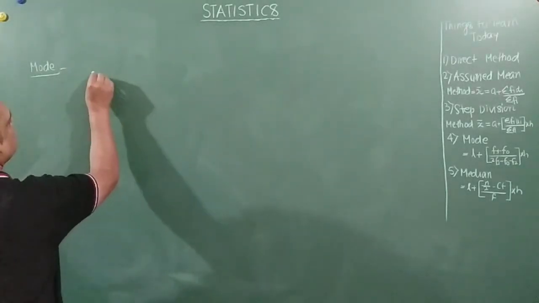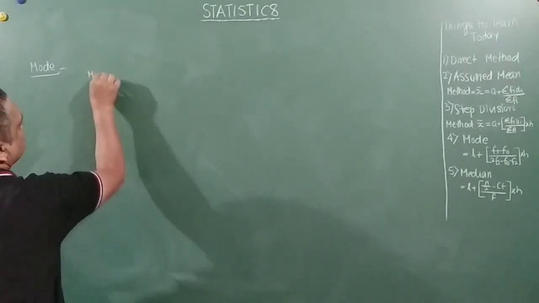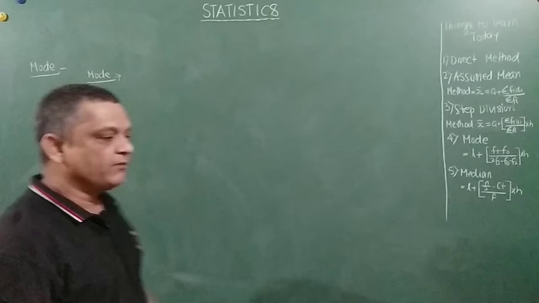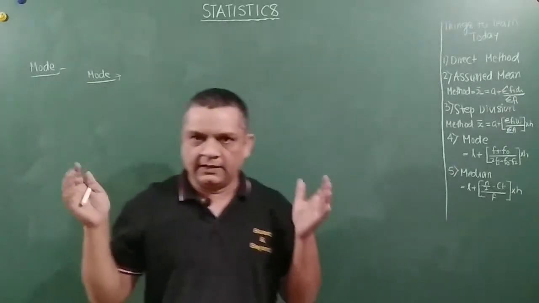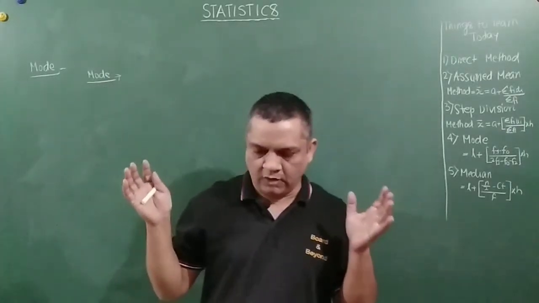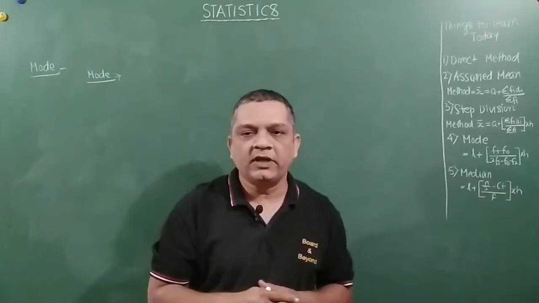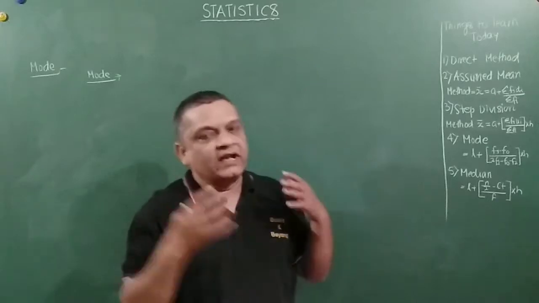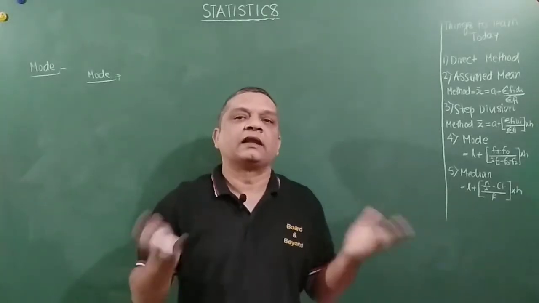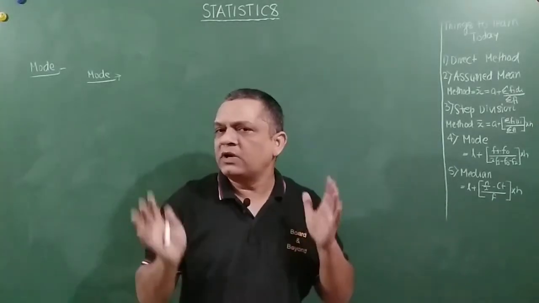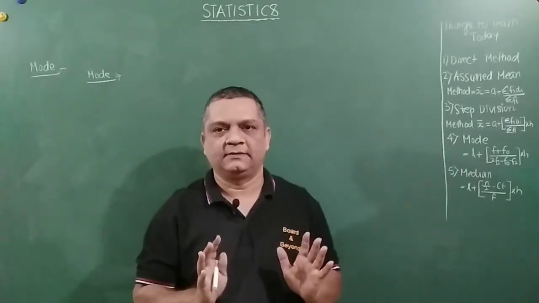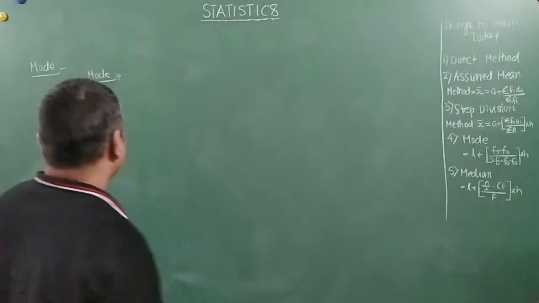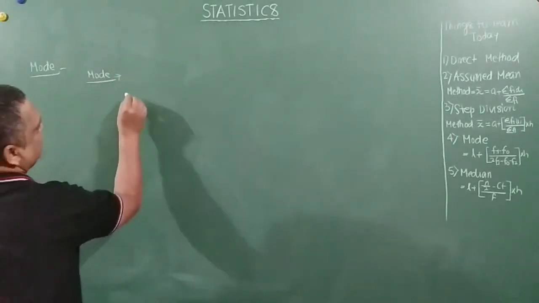In grouped data, looking at the table or the observations given to us, we will not be able to identify the mode directly. At most we can identify the modal class. So my mode lies somewhere inside that class, right? We can find the modal class at the max. Now mode is given by